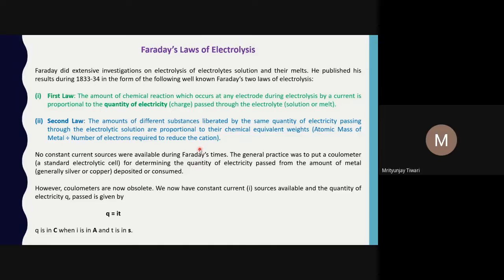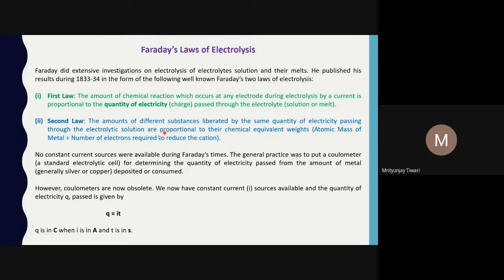So you divide the molar mass by the number of electrons required to reduce the cation. A similar thing you use for the anion as well, where the electrons are released to oxidize the anion. This we call the valency factor. So the atomic mass, for the metal or anion, divided by the valency factor is used to calculate the equivalent weight, or the chemical equivalent weight. This is also the basis of the law of electrochemical equivalence, which we'll see in some other chapter.